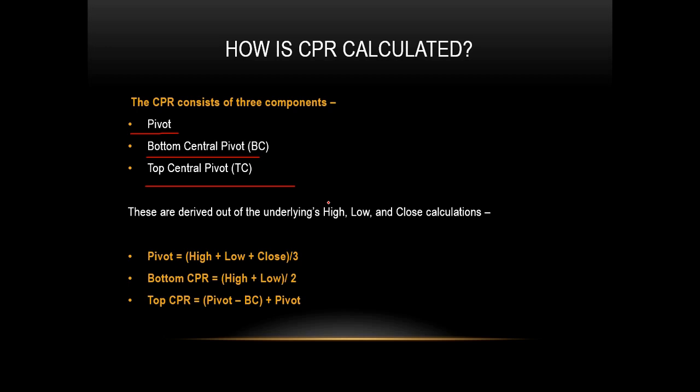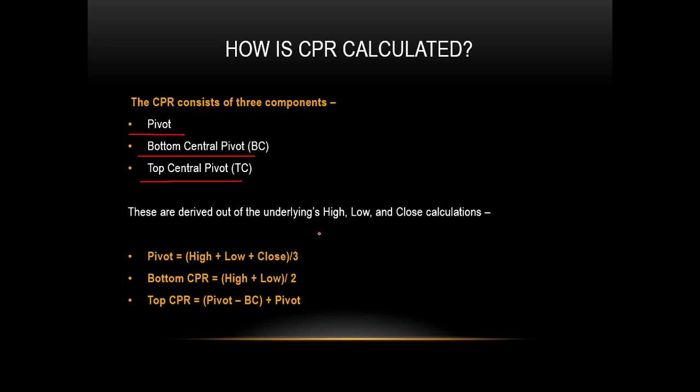TC. What is pivot? A pivot point is a technical analysis calculation used to determine the overall trend in the market over different time frames. The pivot itself is simply the average of the high, low and closing prices of the underlying from the previous trading day. On the subsequent day, trading above the pivot is thought to indicate ongoing bullish sentiment, while trading below the pivot point indicates bearish sentiment, which we will learn in depth in coming slides.